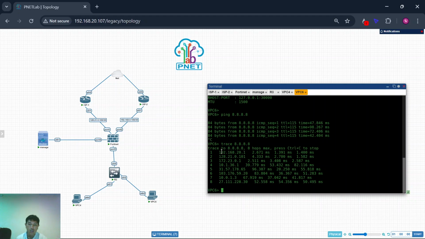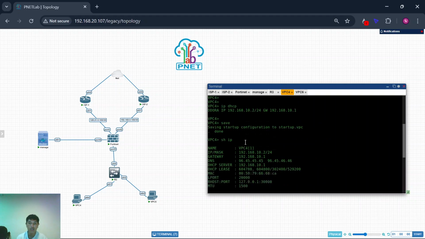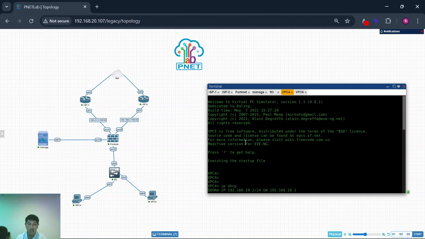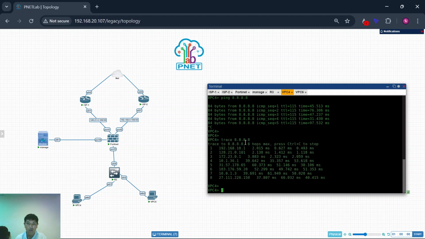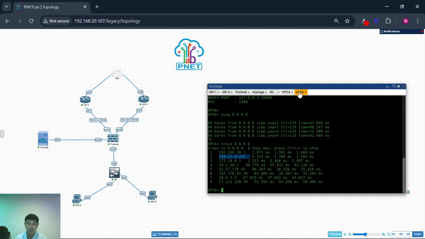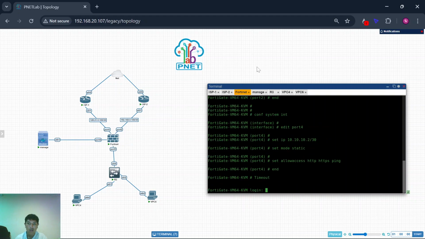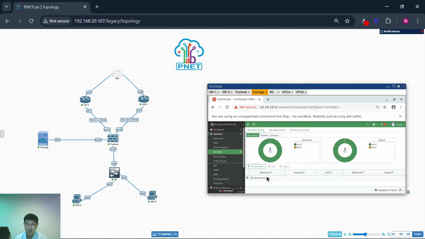Yeah, this is going to virtual WAN, and then this is 128.21.0.101. It's not the same as this VPC.